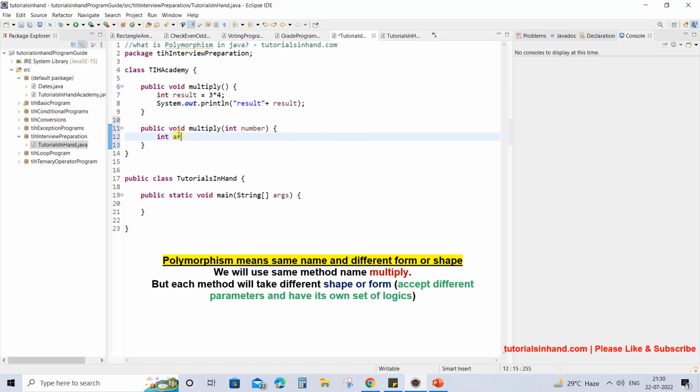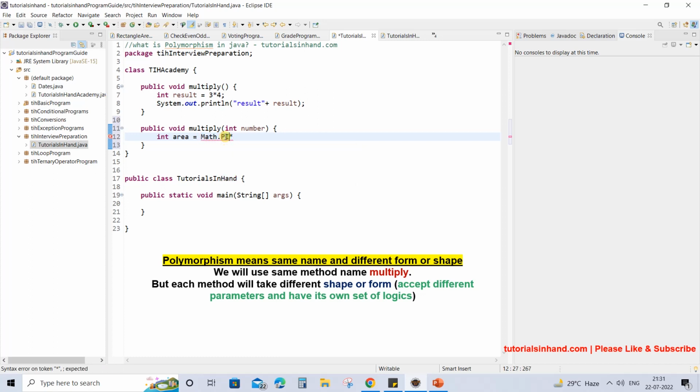Suppose you want to print the area of a circle. In that case, what you need is the radius. This number should be the radius, and you will multiply that with Math.PI, or you can hard-code the value, something like 22 by 7, or the exact value that you get. So we are using Math.PI, which is a value provided by the Math class for pi.